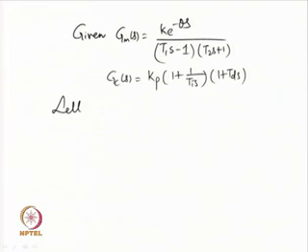Now, letting Td is equal to T2, the loop transfer function becomes